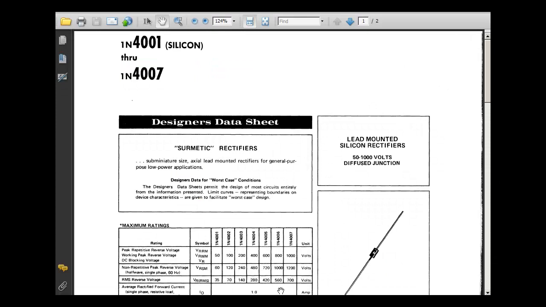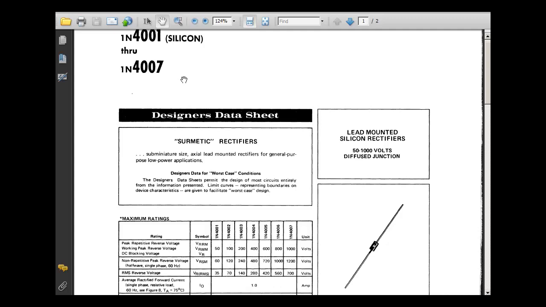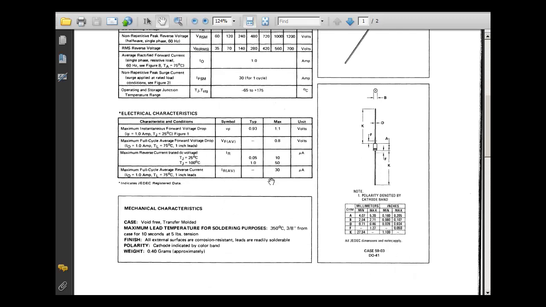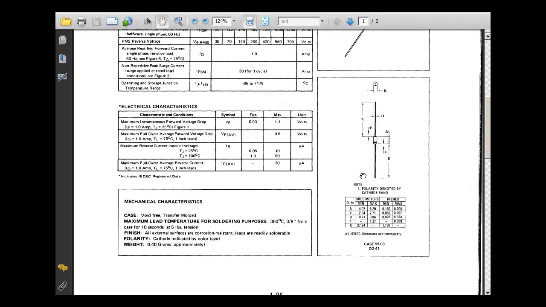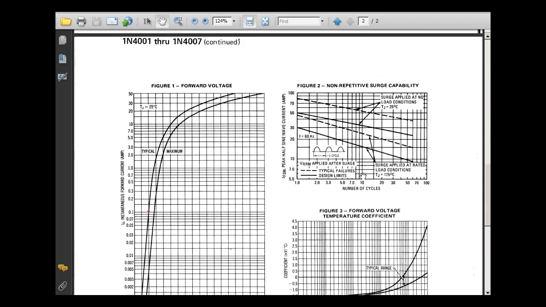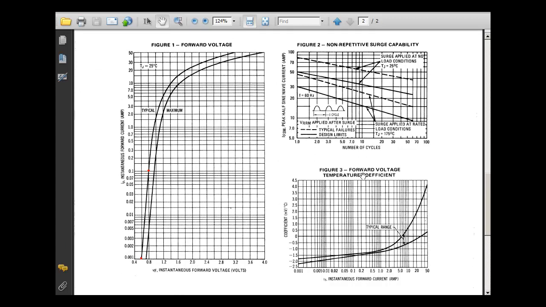The data sheet has a lot of information on it. First of all, the number itself, and then some of its ratings. I'll talk more about this a little bit later in the course. And then electrical characteristics and then mechanical characteristics and some physical description of the device. This is page 1-85. And on page 1-86, there's a plot of the current through the diode versus the voltage